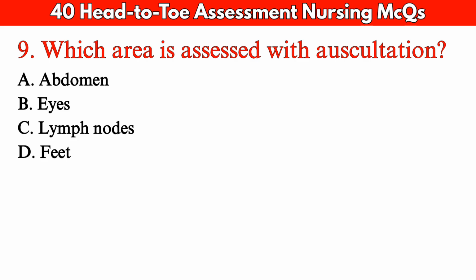Which area is assessed with auscultation? A. Abdomen, B. Eyes, C. Lymph nodes, or D. Feet? The correct answer is A. Abdomen. Auscultation means listening with a stethoscope. The abdomen is auscultated to hear bowel sounds. The eyes are assessed by inspection, while lymph nodes and feet are assessed mainly by palpation to feel for size,